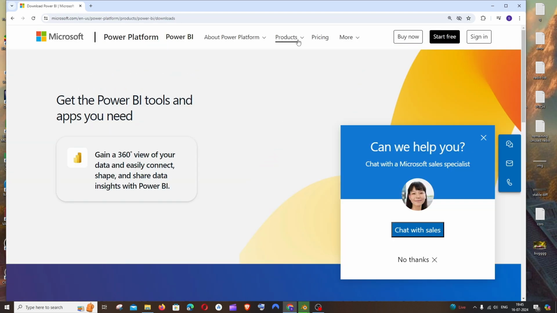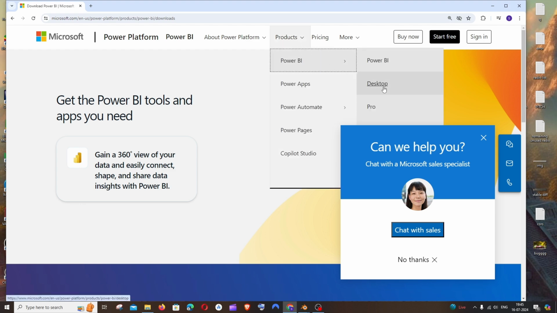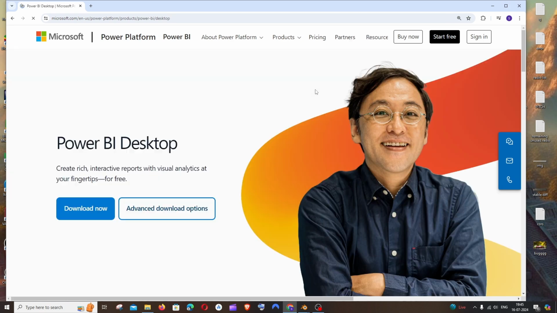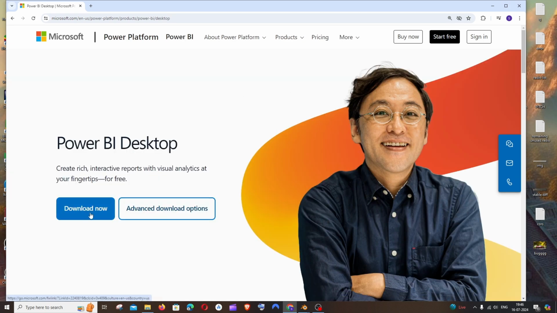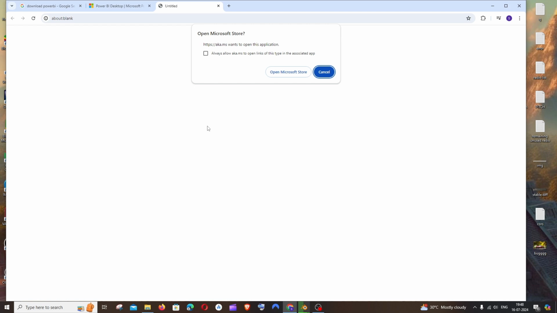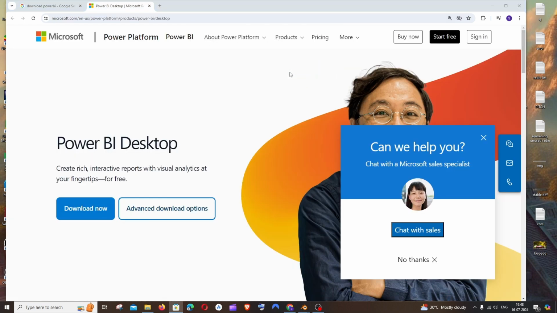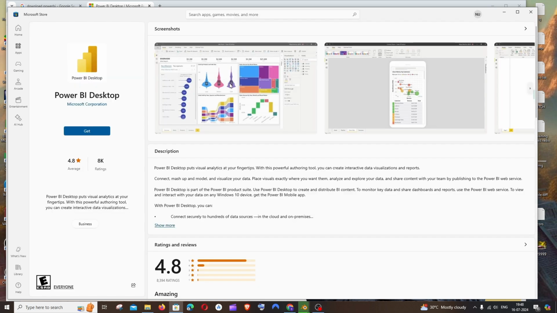Here at the top you'll be having products. Expand this, click on Power BI and click on desktop. And just click on download now. And it will ask you to open this in Microsoft Store. Just click on open and we'll be taken to Microsoft Store, and here you can see we are having Power